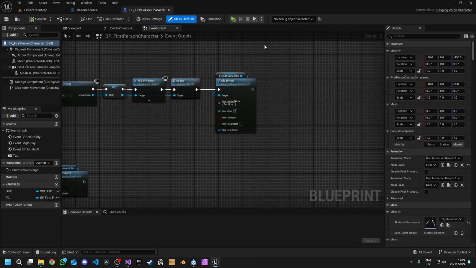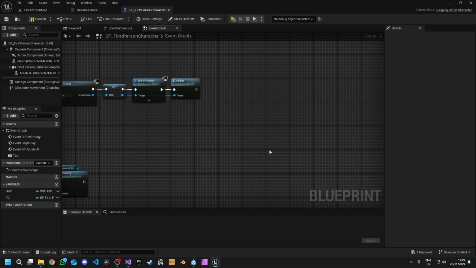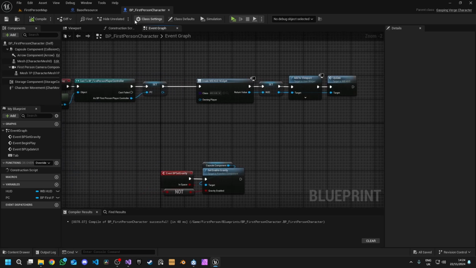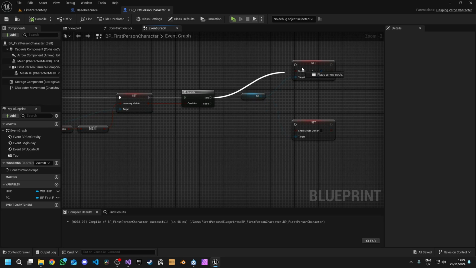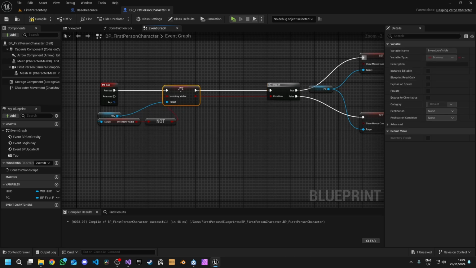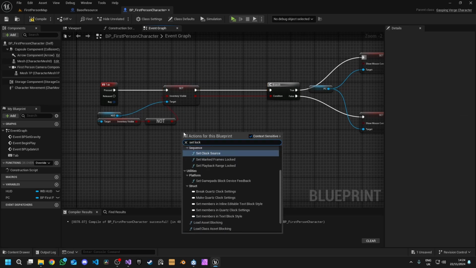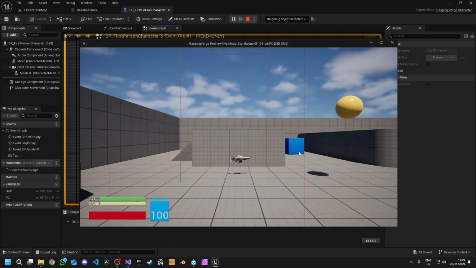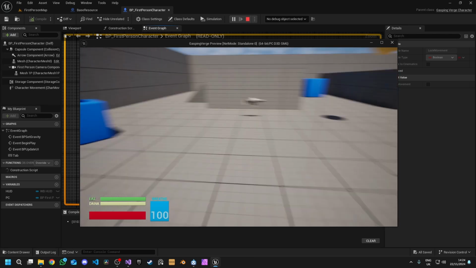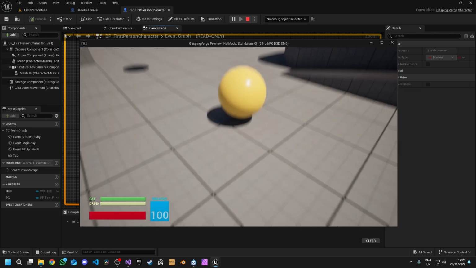In here, we added this add BP item just to test it. I'm going to delete that. And on this, true goes to there, false goes to there. That is on our tab key. I also want to do set lock movement. So now I can plug that in there, and that's all nice. So if we click play, we now have tab working on our inventory, but we don't have anything to do